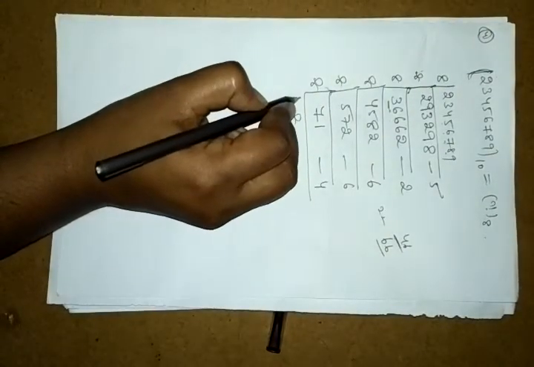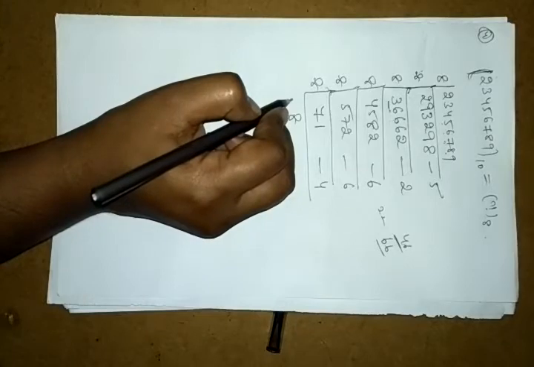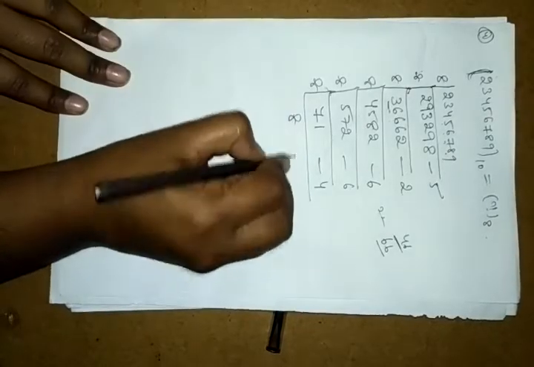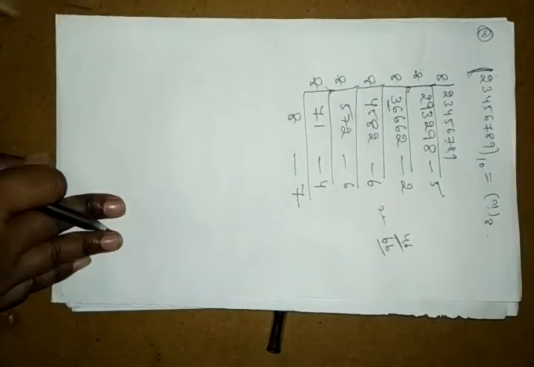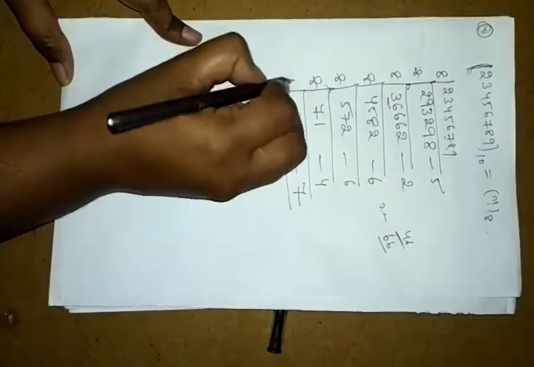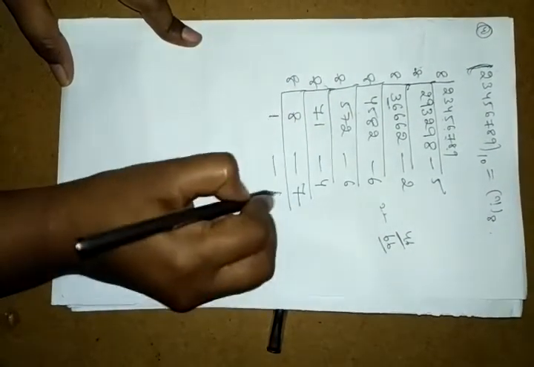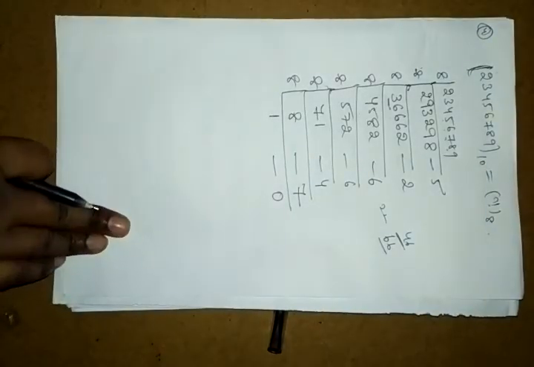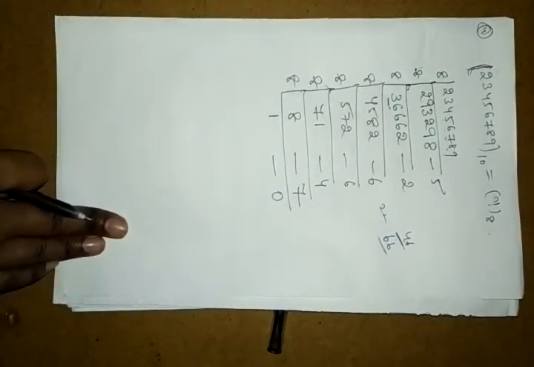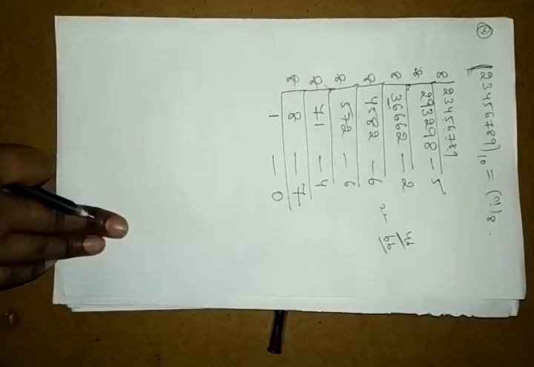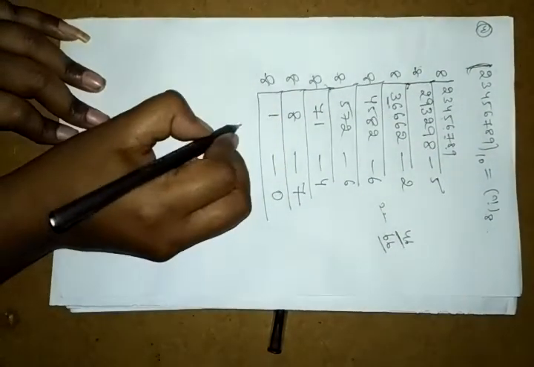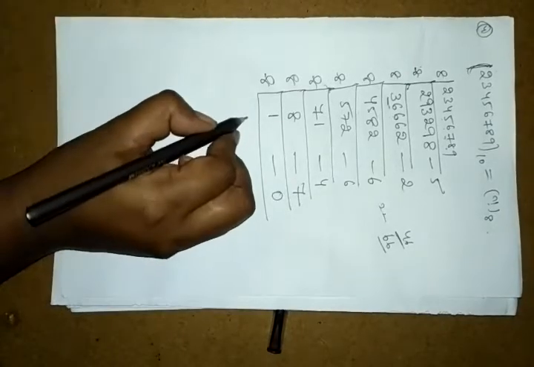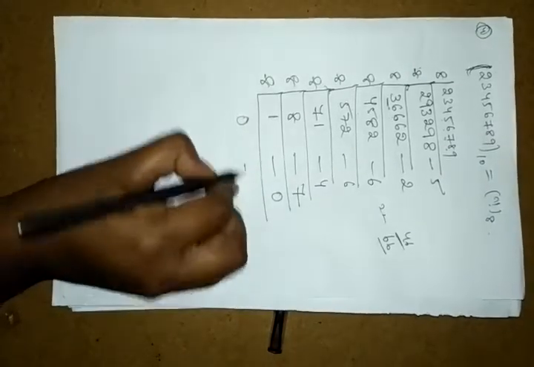Okay, so here what we have? 64 and 71, right? So we'll get the 7. 8 8s are. Okay. And next, go with this. 8 1s are 8. We'll get the 0. 8 1s are 8. We'll get the 0. Right? Go with this. And your 0 and this is 1.